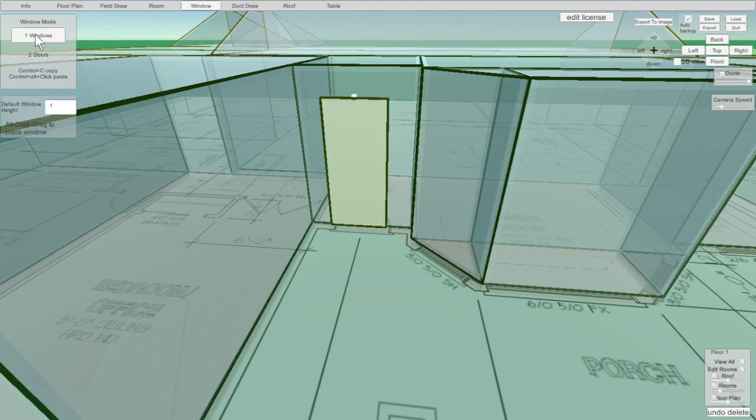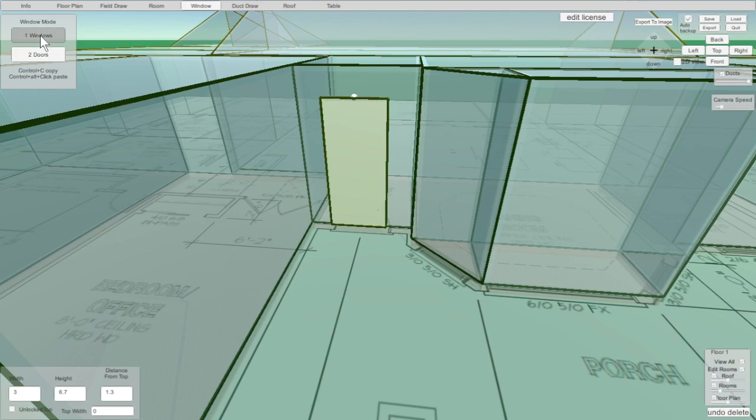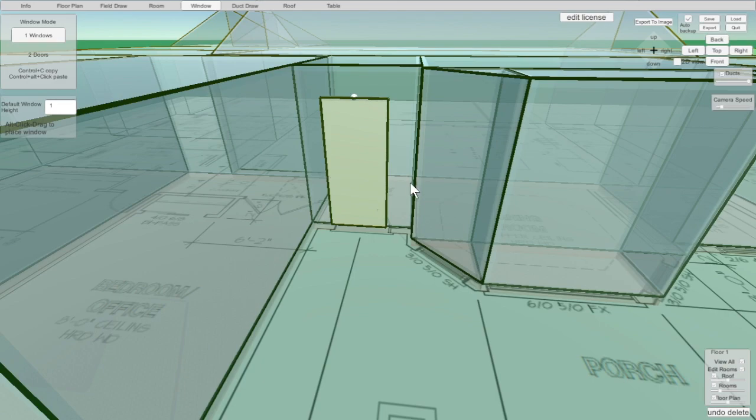So go back to Windows. By the way, you see the 1 and the 2? Instead of clicking on windows and doors, if you hit the 1 key or the 2 key, it automatically selects those. So that's what those numbers are for up there. Okay, so Alt, drag it across, 3050,